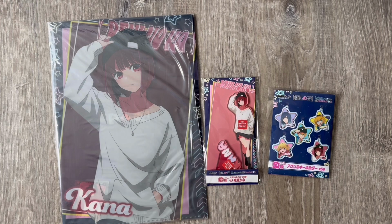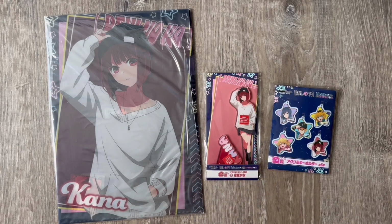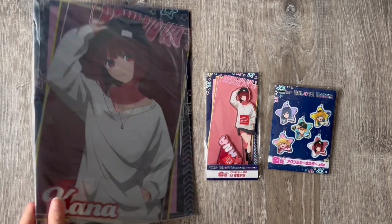Moving on to the next items, here we have an Oshi No Ko collaboration with a store called DMM, and this one was a lottery prize system because they had different levels like A, B, C, D, E, F, etc. And I believe you just buy tickets and hopefully you can get a prize of the level. So I obviously could not participate for this collaboration, so I just bought the items